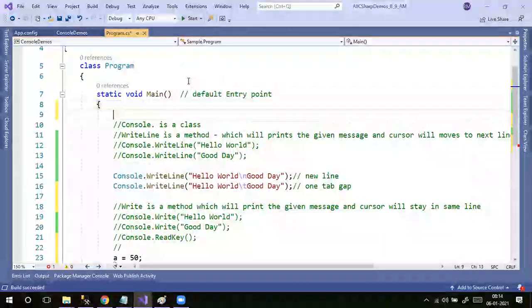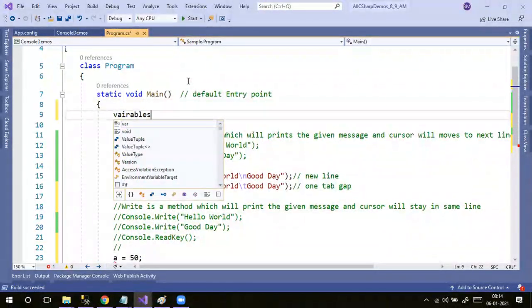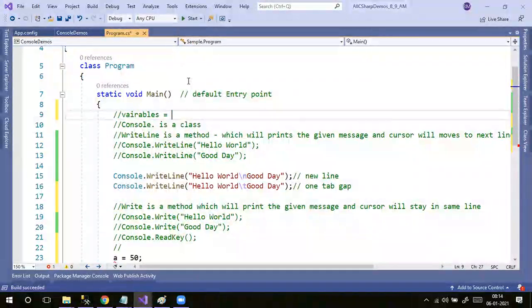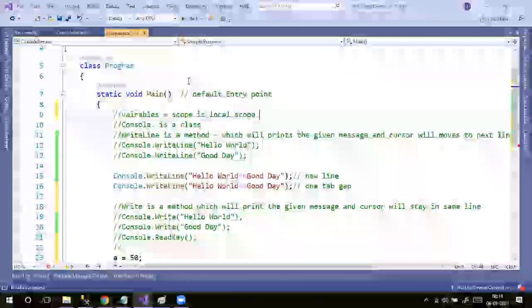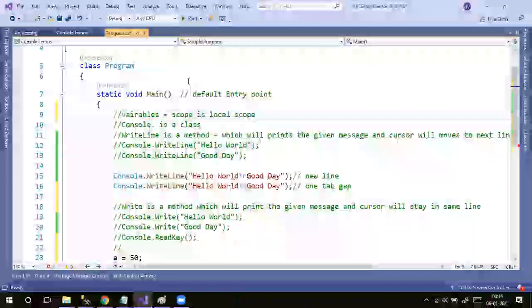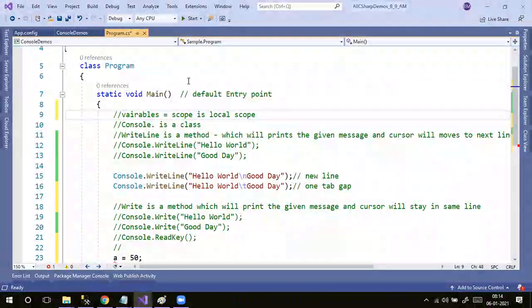So inside a method, whatever variables you are declaring, all these variables' scope is local scope. Local scope means as long as you are in that method, memory is there for that variable and some value will be there. Once you come out of that method, whatever scope is allocated for that is going to be removed by